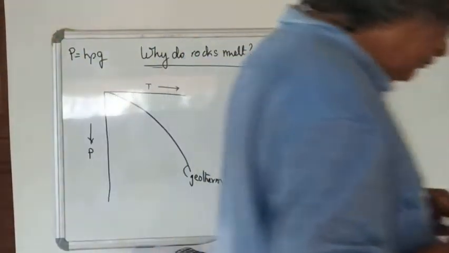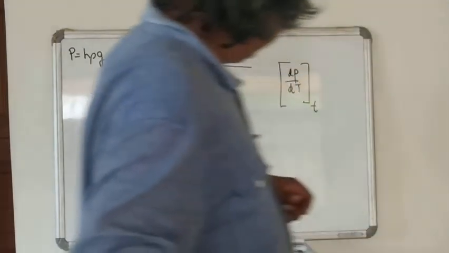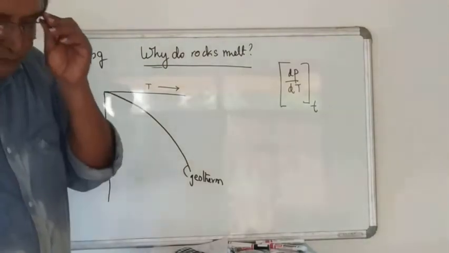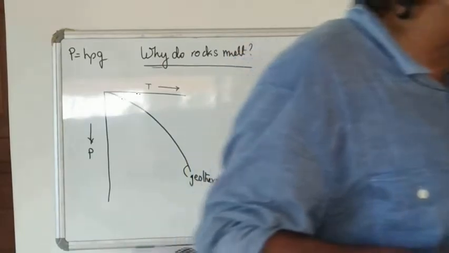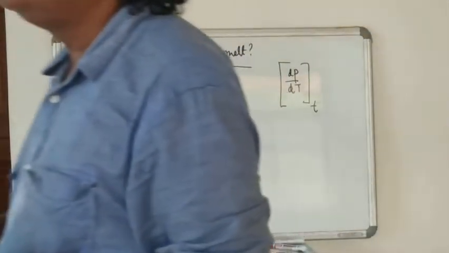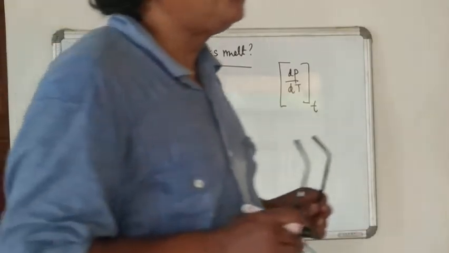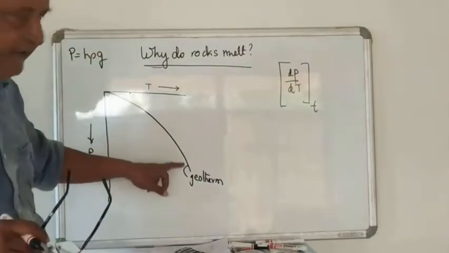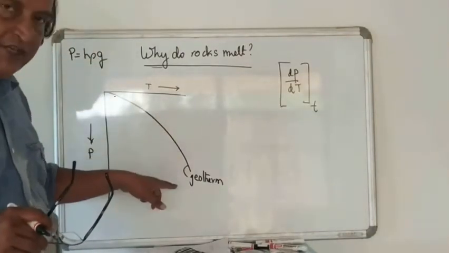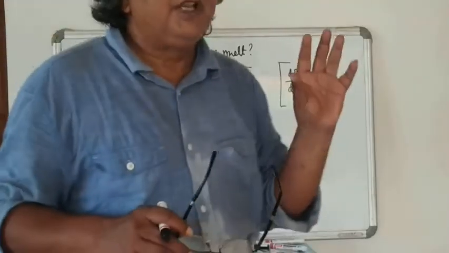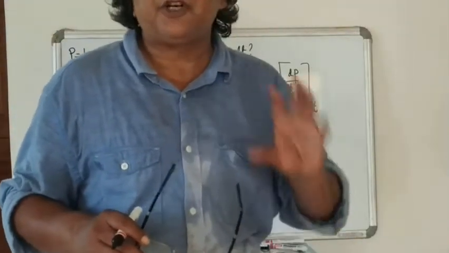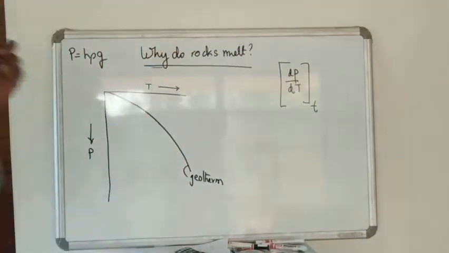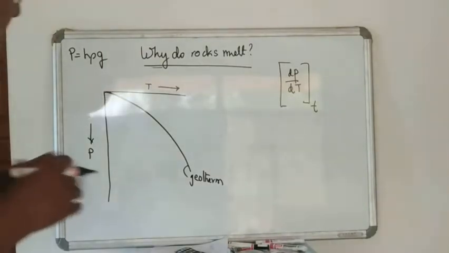Now, while I am saying that this is a geotherm, the PT curve of a geotherm can be changed because of processes, called tectonic processes, that operate in the Earth. Its position is not fixed. Its position can be changed if you can change the heat source, if you can decrease the pressure. There can be many ways to change the position of the geotherm. This is one graph that is important to understand.